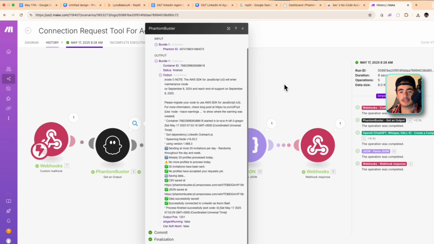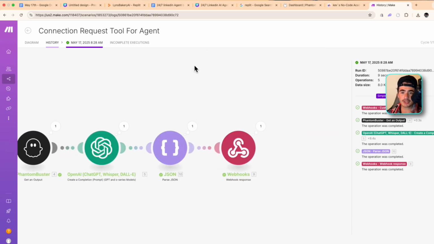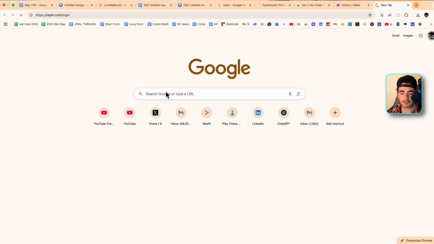And so for our MCP server to fully understand this data, I like to structure it a little bit better. And so what we do first is we send it to chat to just reformat it in a nice JSON object. And then from there, we actually parse the JSON one more time. So now that we have all of that set up, guys, we can go into Replit and we're just going to build out the UI,